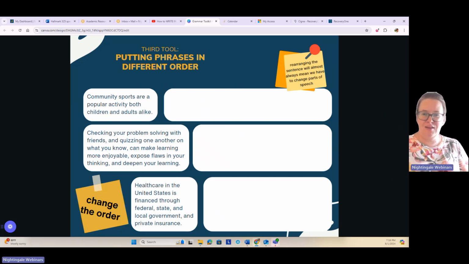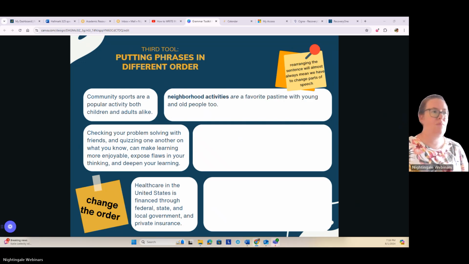So then, once we've cut them into these different phrases, then we want to think about a different order for them. So what order can we put these in? There might be many different orders we can put them in. Oh, my colors didn't stay. All right.